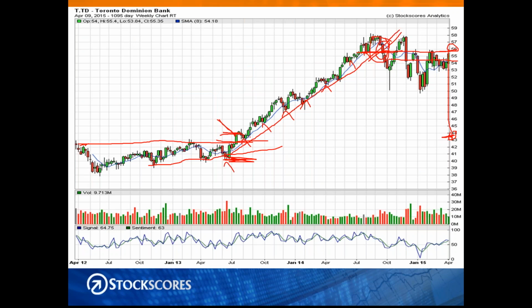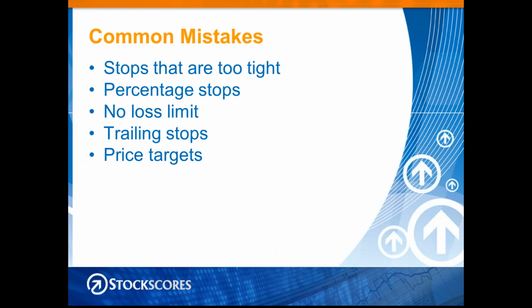Now let's think about that in percentages. Our buy signal was at 44, stop loss was at 40. Oh wait, that's a 10% move to the downside. If you did a 5% move, you might have had yourself get taken out on that trade because your stop was too tight. So one of the things I want to caution people against is using arbitrary percentages as a